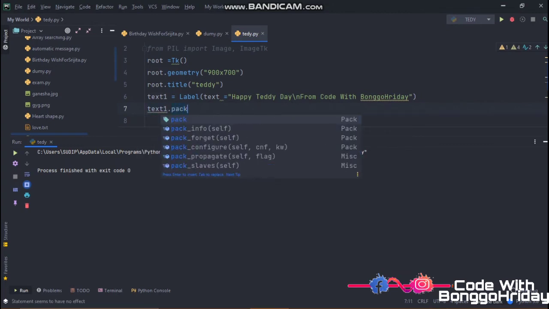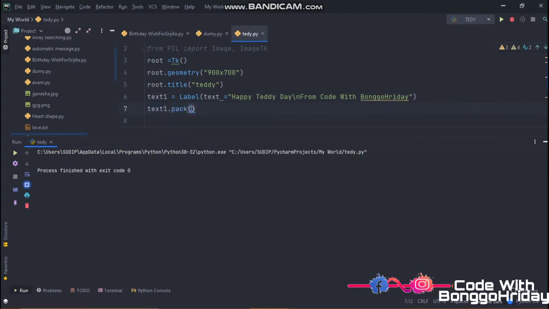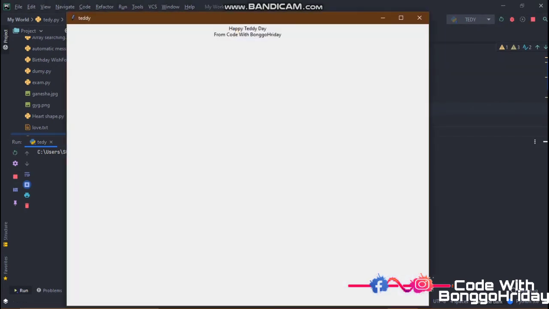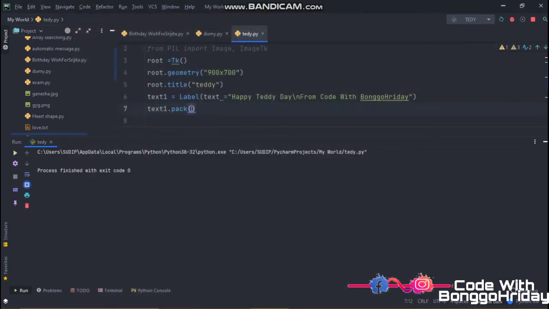Now we have to pack the label like text1.pack. Okay, so you can check that there is a text written, but you have to pick the font, and you have to write it in a colored letter. So fg means font color.